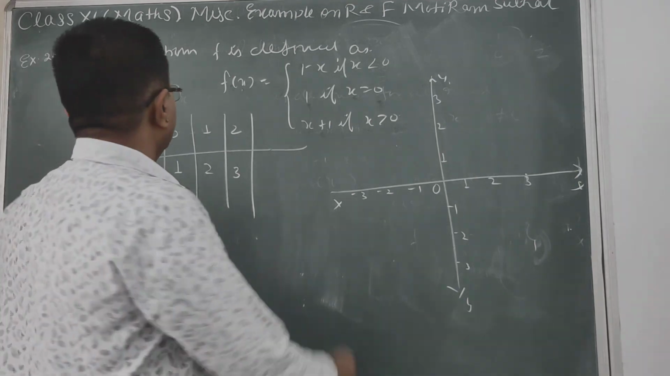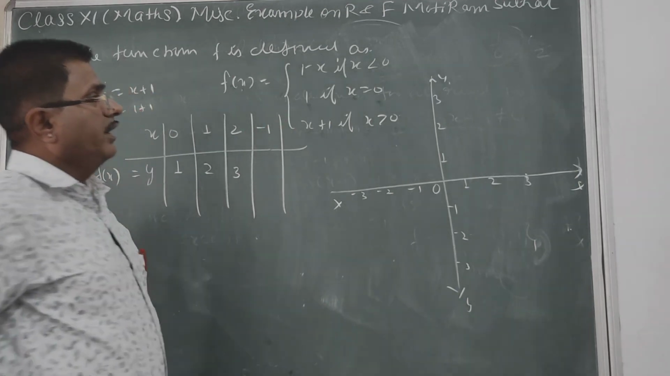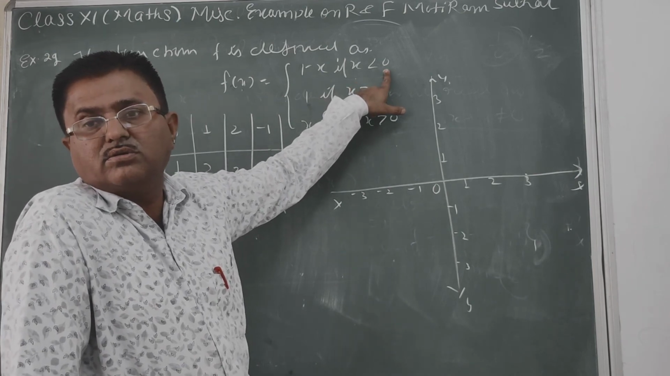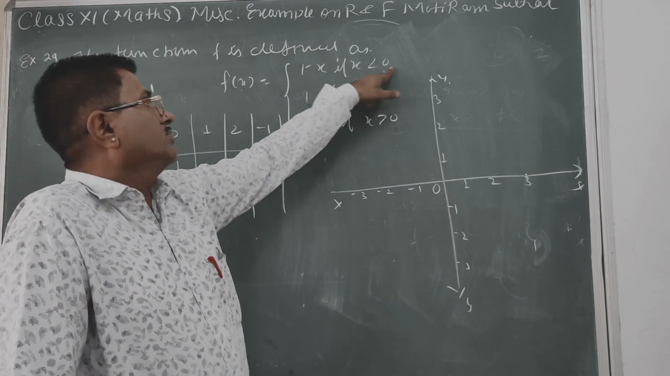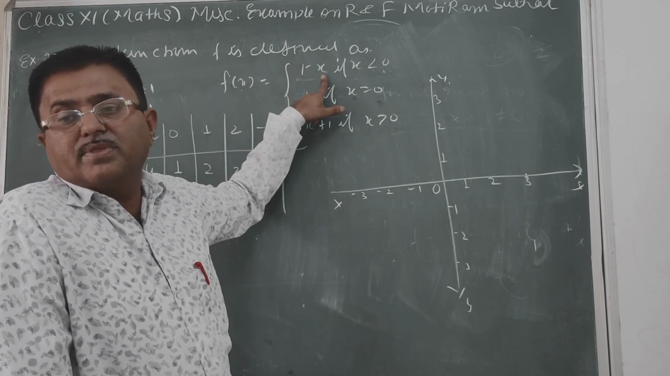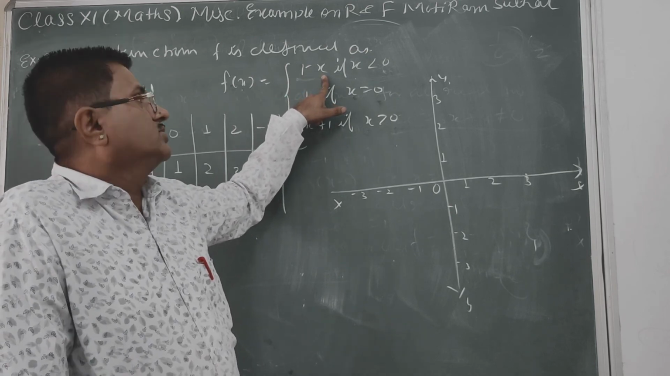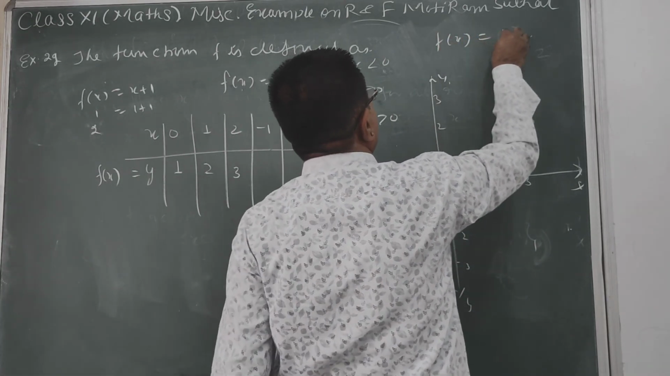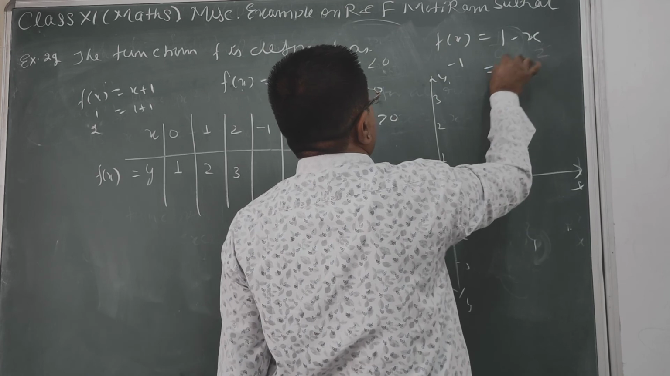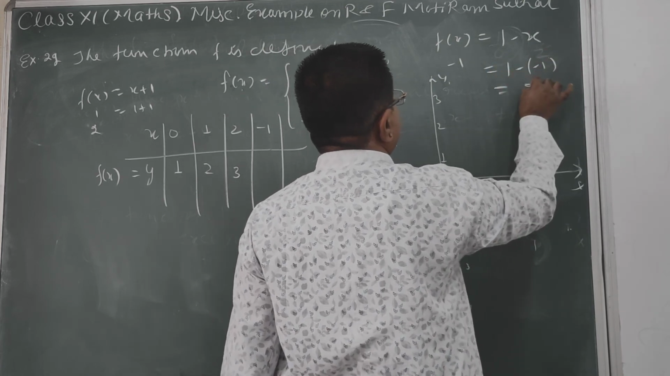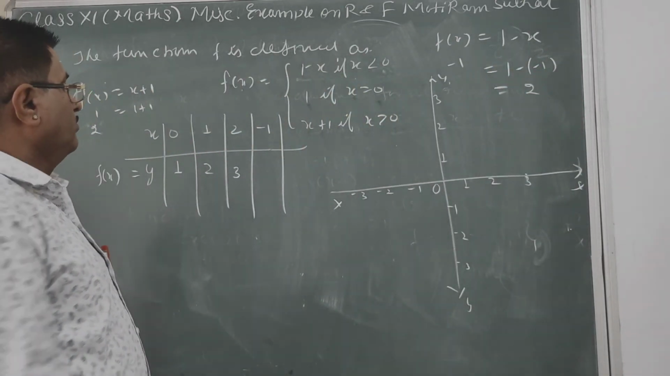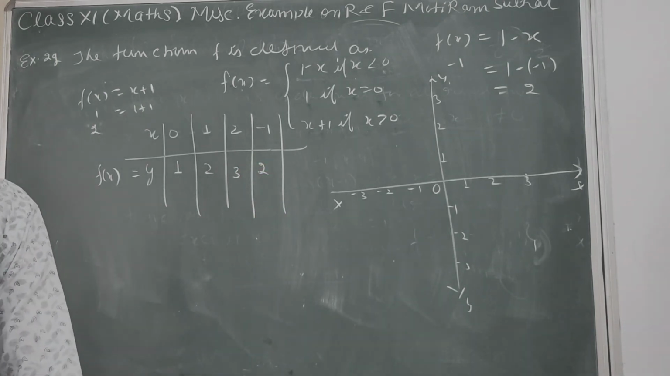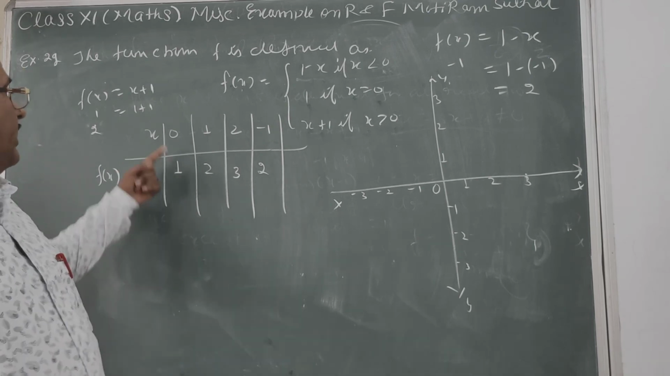Now when you take the negative number like x equal to -1 and -1 is less than 0, so when you take less than 0 the function will be considered as 1 minus x, clear। So we take function here fx equal to 1 minus x। Now x is -1, put here -1, so 2 it is। So in this way we draw the table।